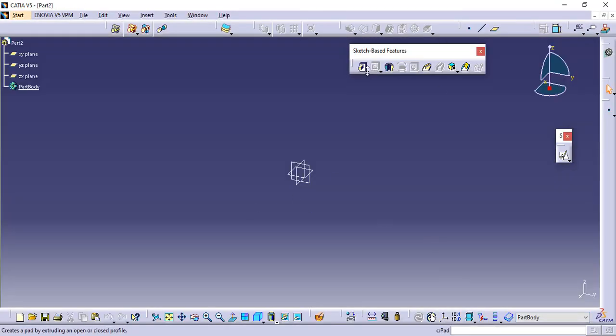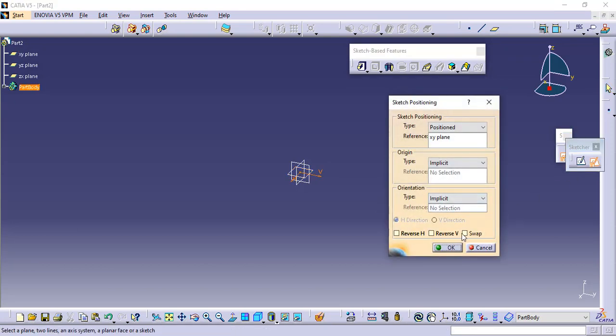Now the difference between the pad and draft filleted pad is that in the pad the material gets added in a direction, normal to a direction or a particular direction that we define by a direction line. In a draft filleted pad we have options to draft a surface or draft the side of the rectangle or a circular 3D solid component by any angle as per our requirement. So first we make one rectangle in a 2D space and then we add material to make it a cuboid.